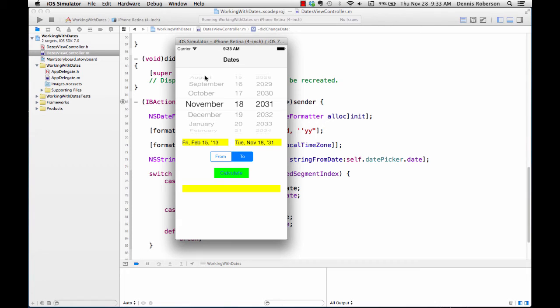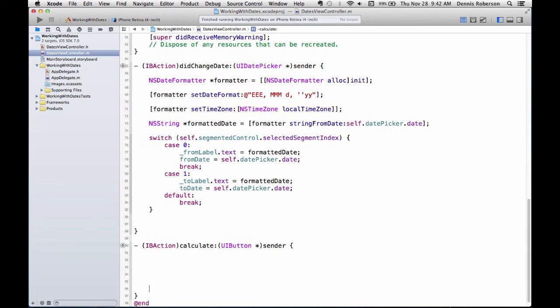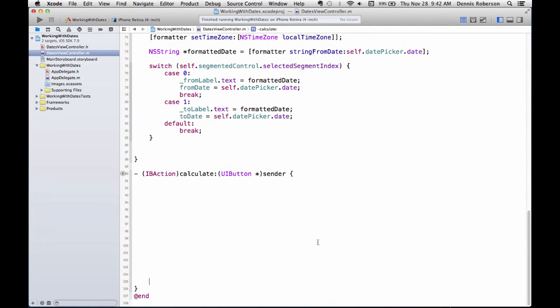Okay, so far so good. Okay, so we have one last method to code, and that's our calculate method. So let's make ourselves some room here so I can bring it up a little bit, make it easier for you to see. And the first thing we need to do here is to define which calendar we're working with,